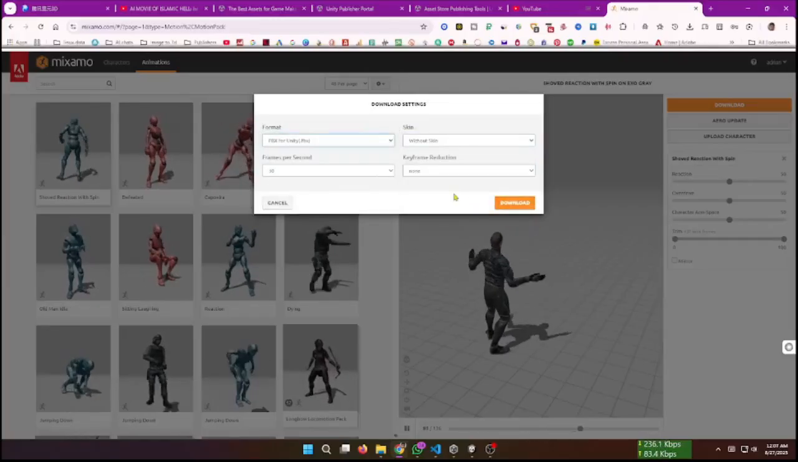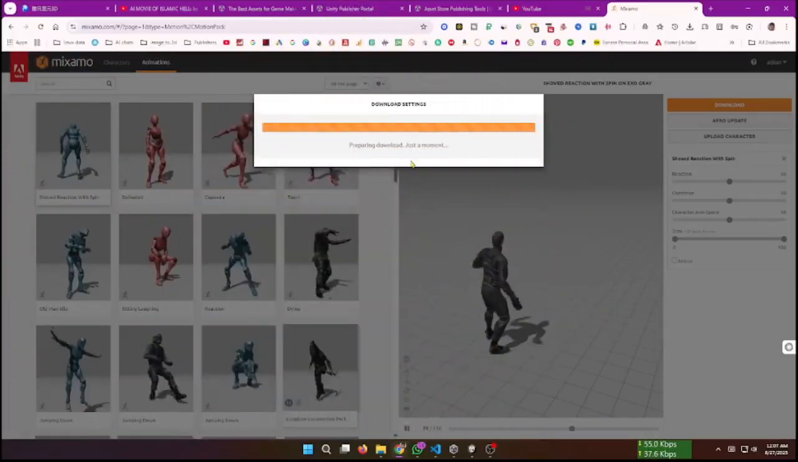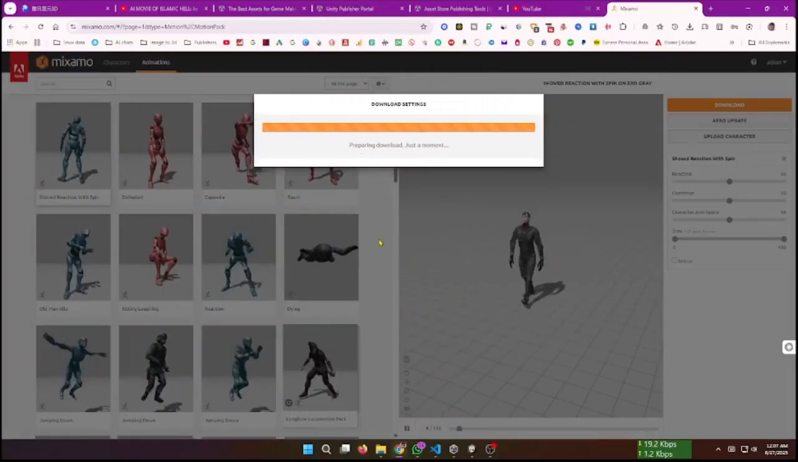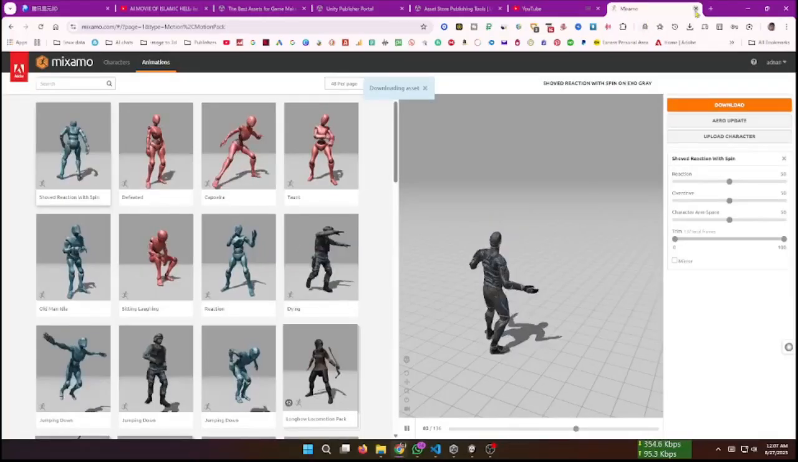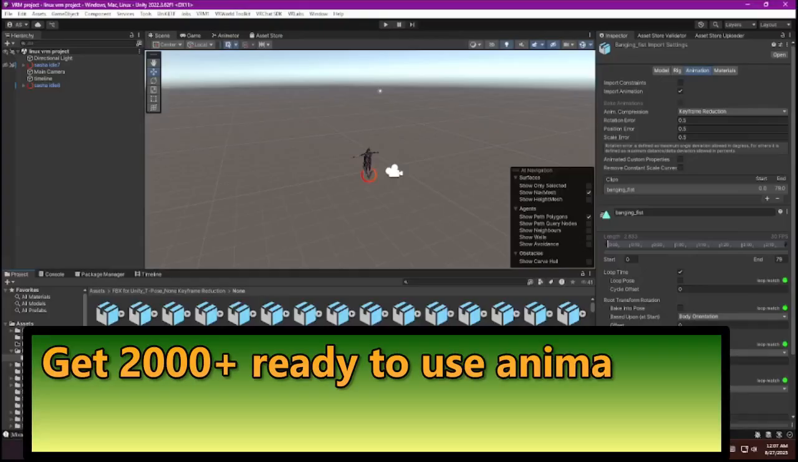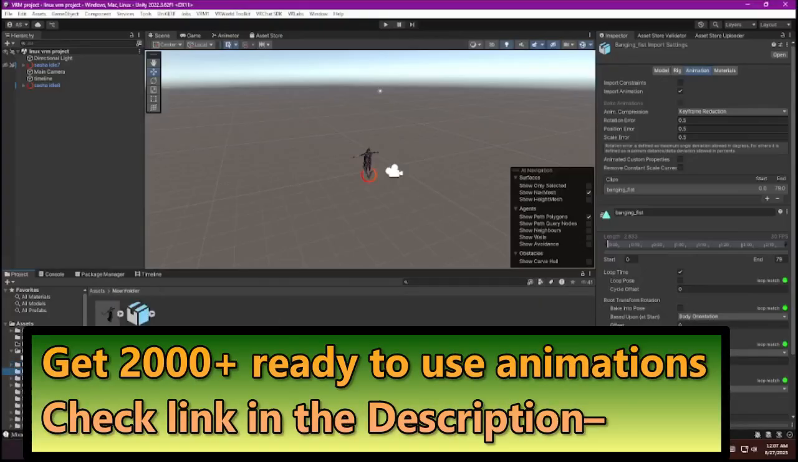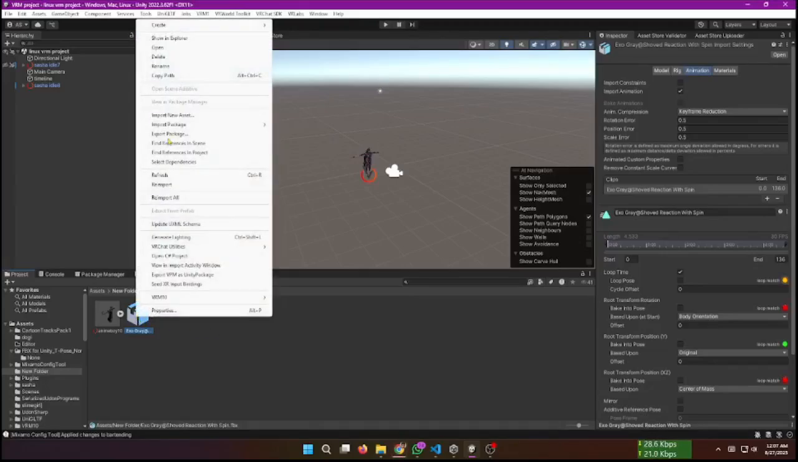You can now download this Unity FBX. When you download this Unity animation, the problem is basically that when you come to Unity, it is not configured for any 3D model, VRM 3D model. So you need to just install this